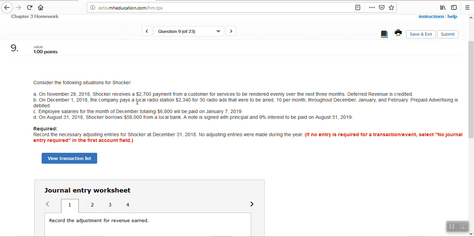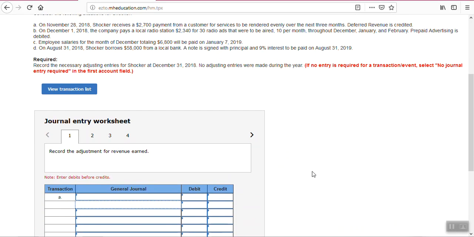So let's figure out what 1 month is worth. So we'll take the $2,700 and divide it by 3 months. So it looks like we would earn $900 a month. So we're going to come down here, and instructions told us that deferred revenue was credited when they actually accepted the cash. So now that we have earned $900,